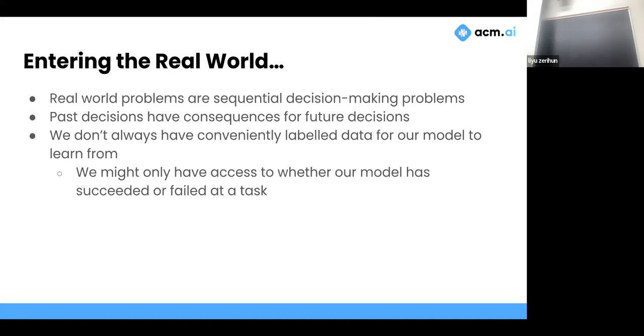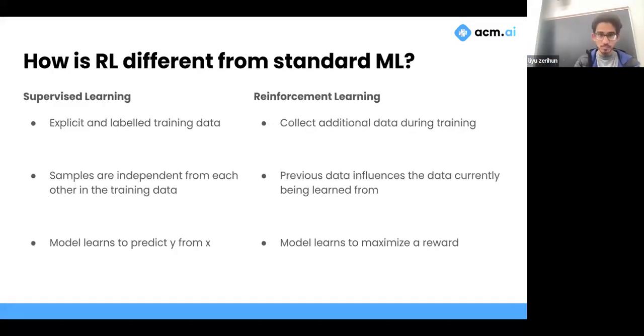You just get a general sense of whether you've succeeded at the task, or failed and crashed into a tree or something. So that is the way you motivate reinforcement learning, and why we might want a different paradigm for it as compared to standard machine learning.